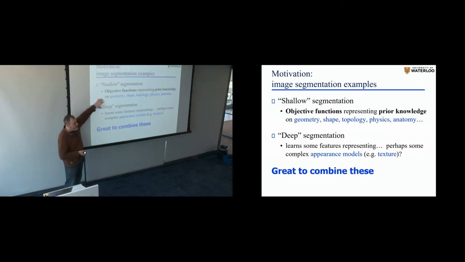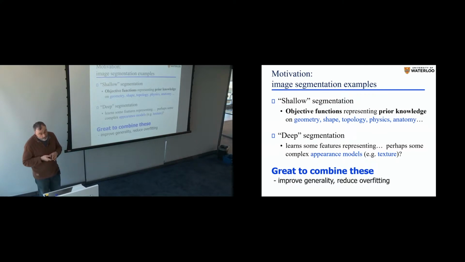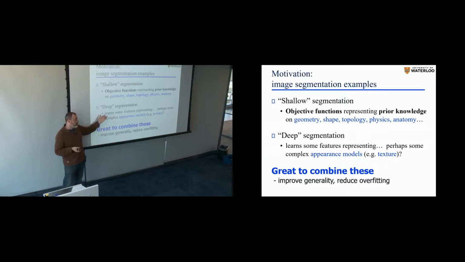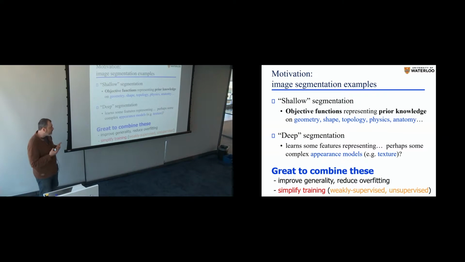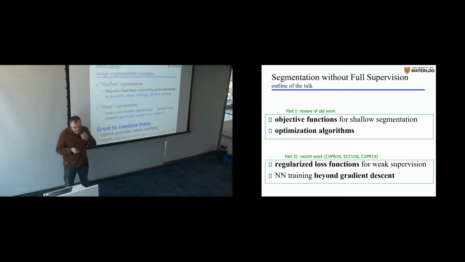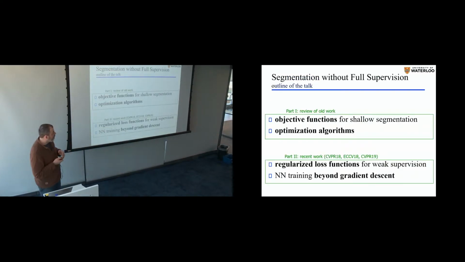It would be nice if we were able to combine some kind of representation from here with high-level geometry, shape, or whatever that we get there. And why would you want to do so? Well, perhaps that's what's lacking when you have these overfitting problems that you know, or domain adaptation issues. Maybe that'll help. But in the context of my talk, I will primarily focus on simplifying the training process. So I'll try to make it simpler so it wouldn't require as much work as it's required right now. So that's the focus of my talk, and the outline, there will be two parts.